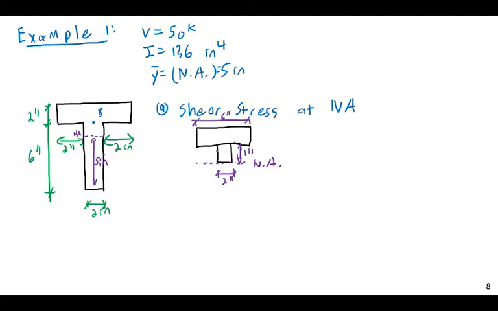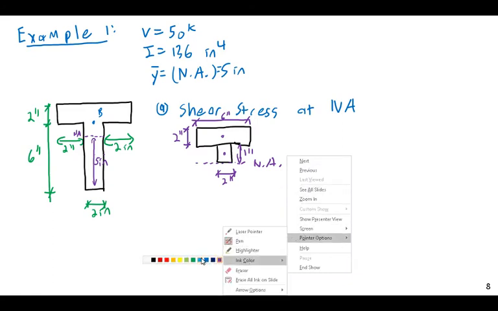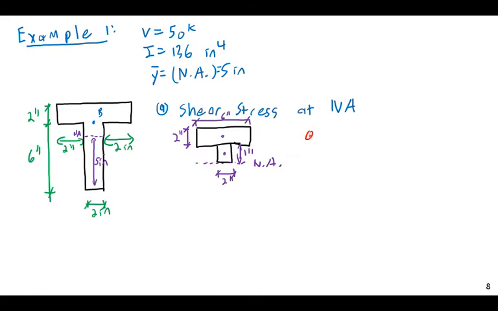6 inches. So it's basically made of a rectangle 1 inch tall and 2 inches wide, and a rectangle 6 inches wide and 2 inches tall. Now each individual piece is going to have a centroid here and here, just at the middle of it. And we know that Q for compound shapes, or composite shapes, is equal to the summation of